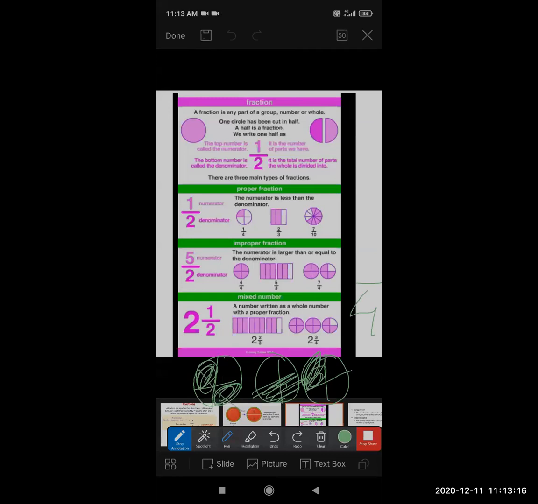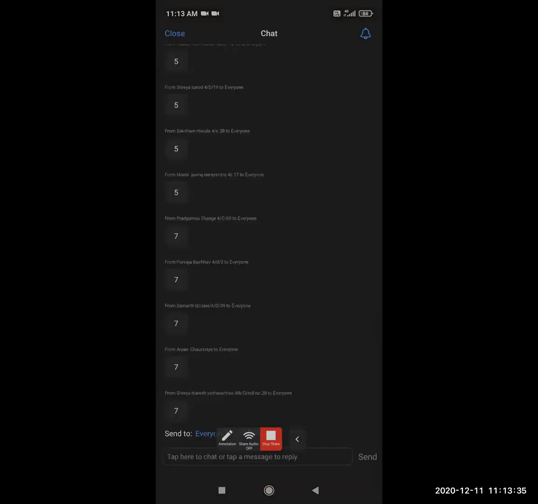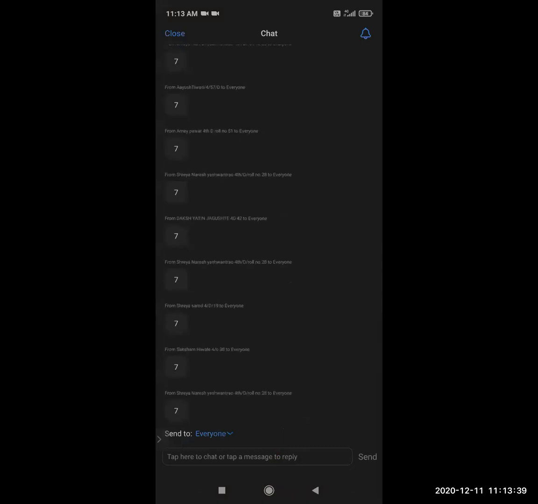These two are colored. These two are colored. And in this circle, only one part is colored. So you want to add these two, 2 plus this 2, 4, plus 5, 6, 7. So your numerator is 7. Your numerator is 7. Very nice. Good. So clear everyone?